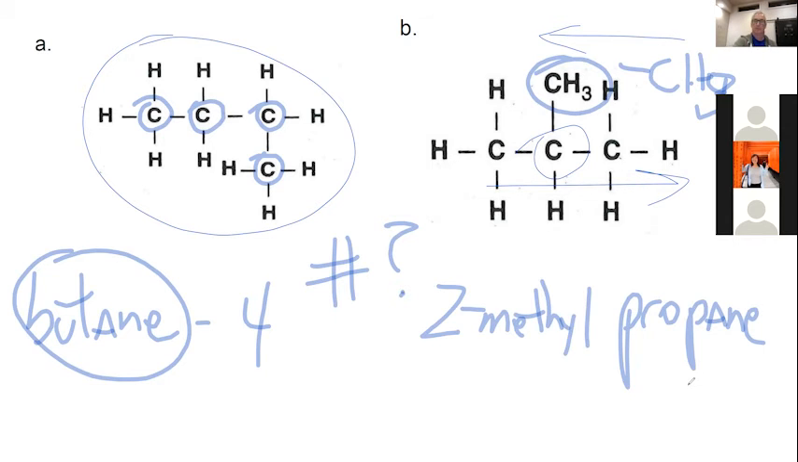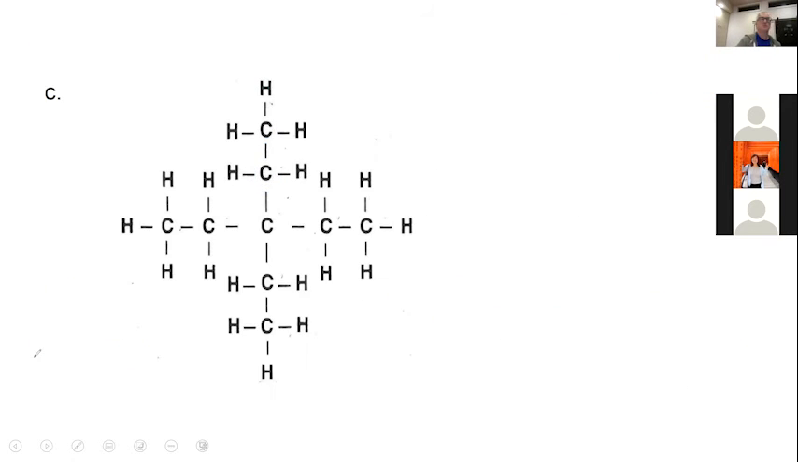2-methylpropane, right? All right, so this one, people had fun with this one. What's the longest stretch of carbons we can make in a row? 5. And it doesn't matter what direction we go, right? 1, 2, 3, 4, 5. 5 is the number. So since it's 5,